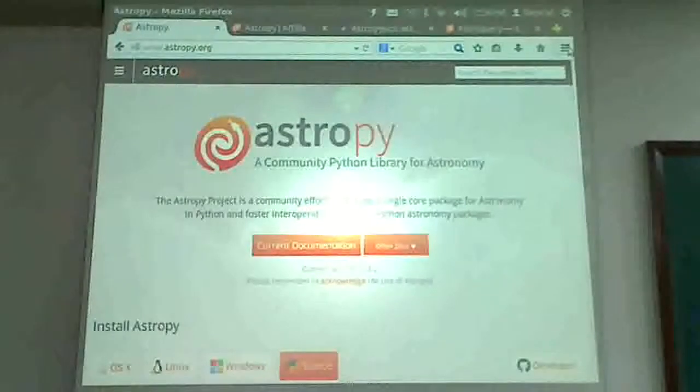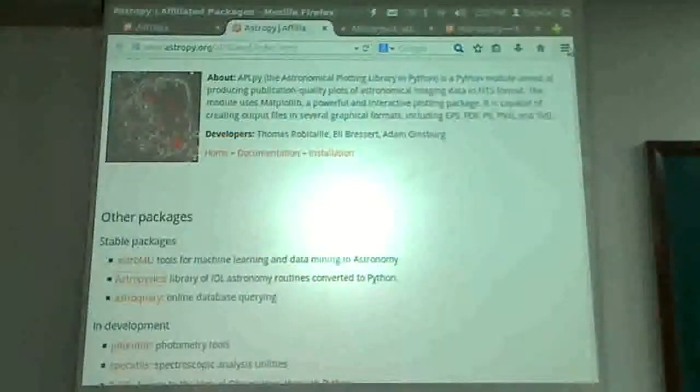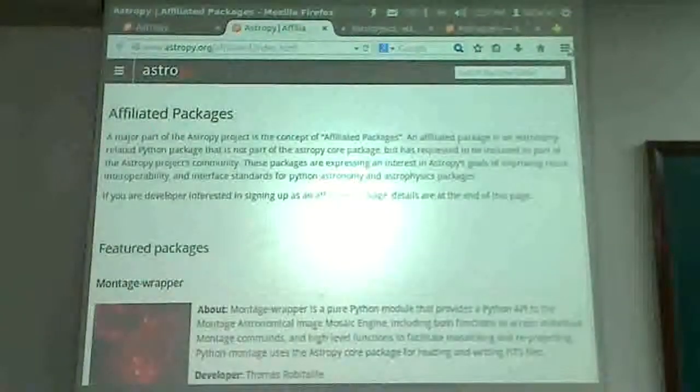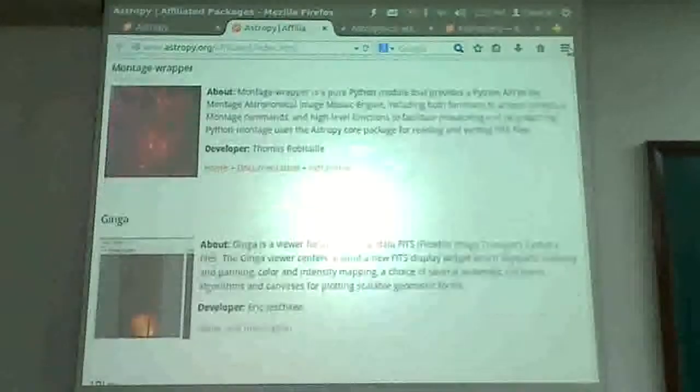Now there are basically 2 types of packages in AstroPy. One is what is called the core AstroPy package. Which means if you pip install AstroPy, what functionality you get is one aspect of AstroPy. The other is packages that are working under the banner of AstroPy but are not part of the core package, which means you need to install them separately. So on this web page you will also find a list of affiliated packages which takes you to this page. So these need to be installed separately, but they try and adhere to the standards of AstroPy. So you get the similar user experience that you get in AstroPy.